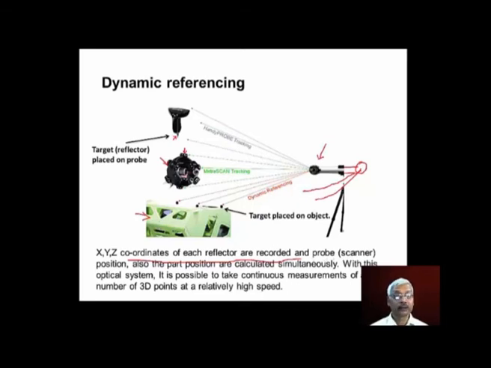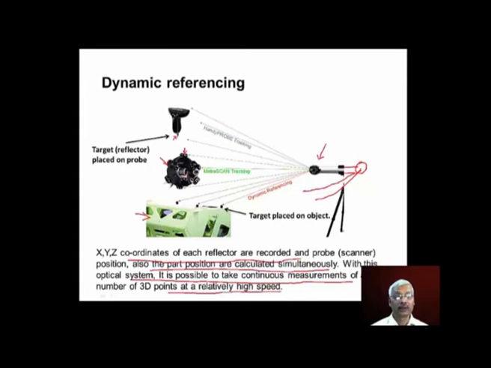And also the part position, after monitoring the reflectors, the probe position and the part position are calculated simultaneously. That means the probe is locked with the workpiece. With this optical system, it is possible to take continuous measurements of a number of 3D points at a relatively